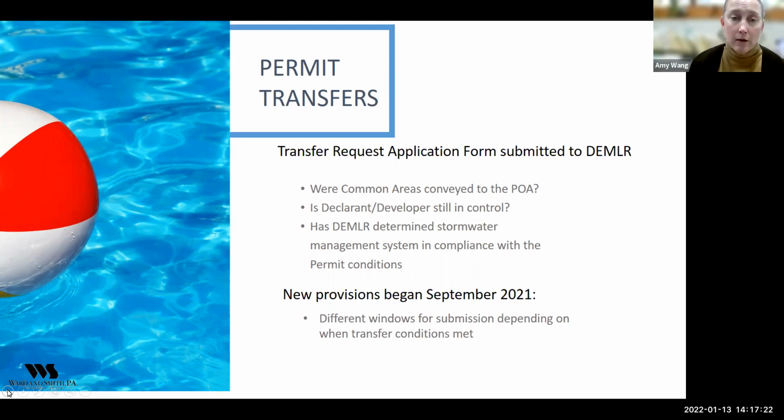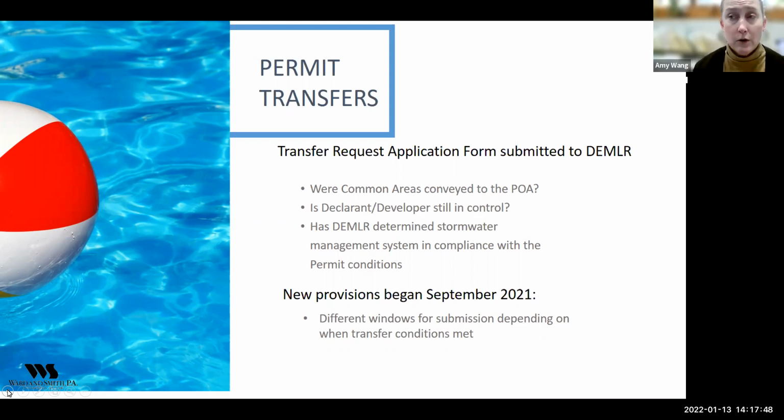If you are in a locality that has local easement agreements, those obligations will automatically transfer to the association when the property is conveyed to the association. If you are in an area where there's a state stormwater permit that governs how your stormwater is controlled, then there's actually a formal transfer process with that state permit.